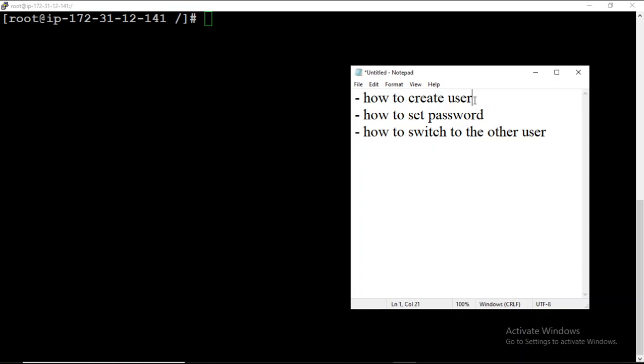The same case is in Linux, but in Linux we have to do everything in CLI form. We can do it in GUI form also, but that is not good practice because in the real world you have to work in CLI mode. I will teach you how to do that in GUI form also, but not today, as I have set up my machine on the cloud. Right now I don't have GUI access, so I will show you everything in CLI form. When you become comfortable with the CLI, I will also show you at last how you can do all these things in GUI form.